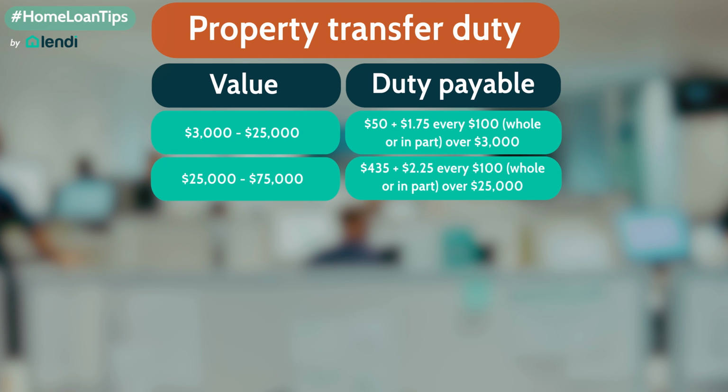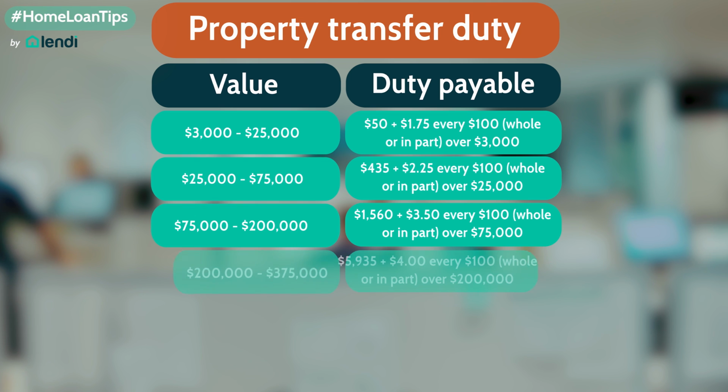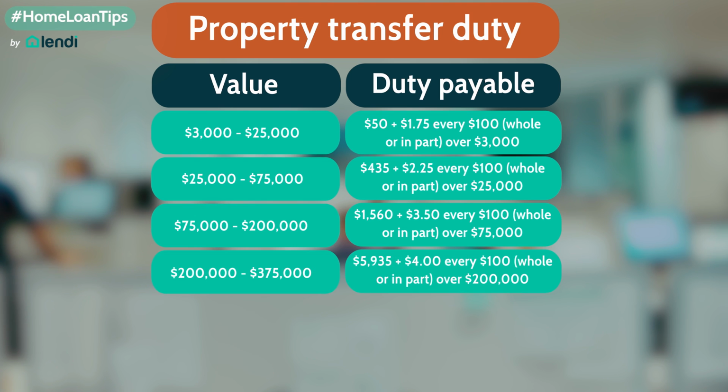For land or property valued between $75,000 and $200,000, you'll pay $1,560 plus an additional $3.50 for every $100 over $75,000, so up to $5,935. For land or property valued between $200,000 and $375,000, you'll pay $5,935 plus an additional $4 for every $100 over $200,000. So up to